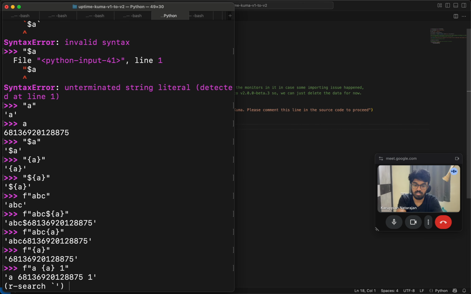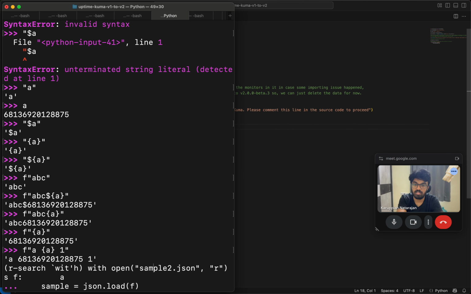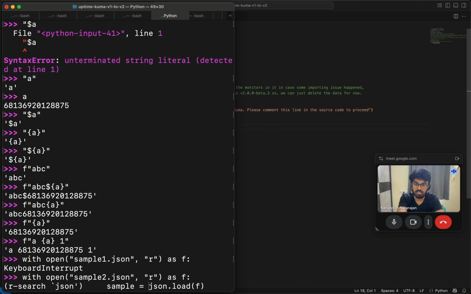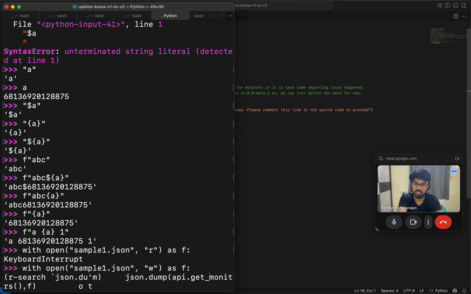So I'm just going to say with open sample, json.dump, right? So you can just dump it into this. Okay,